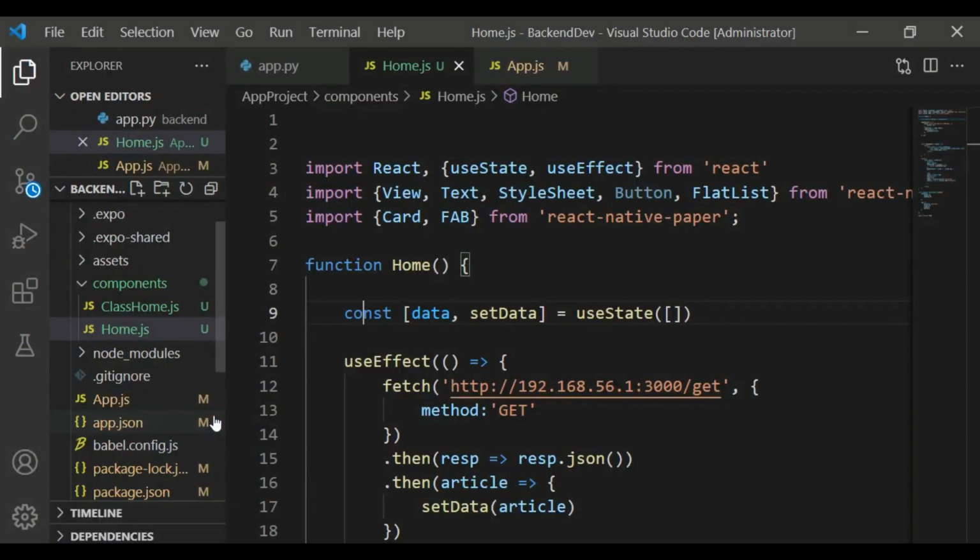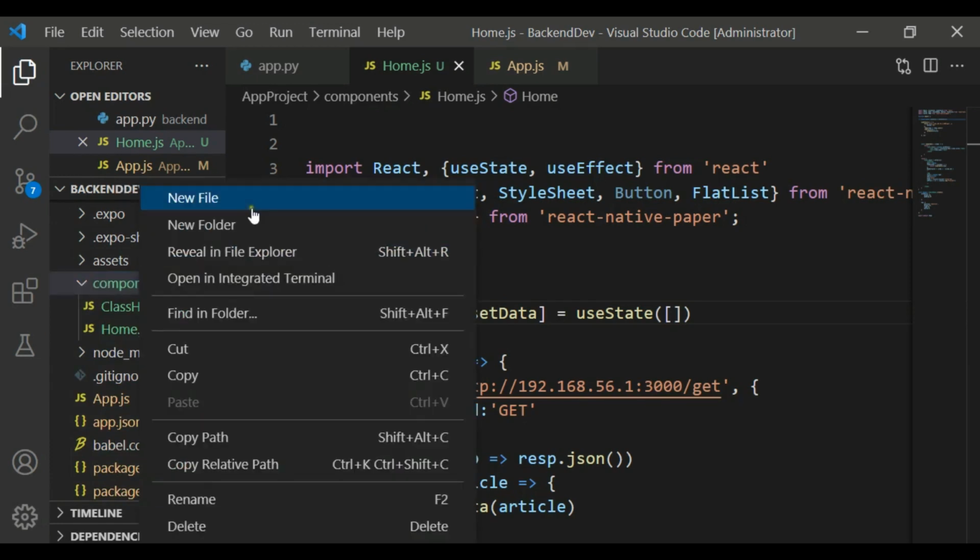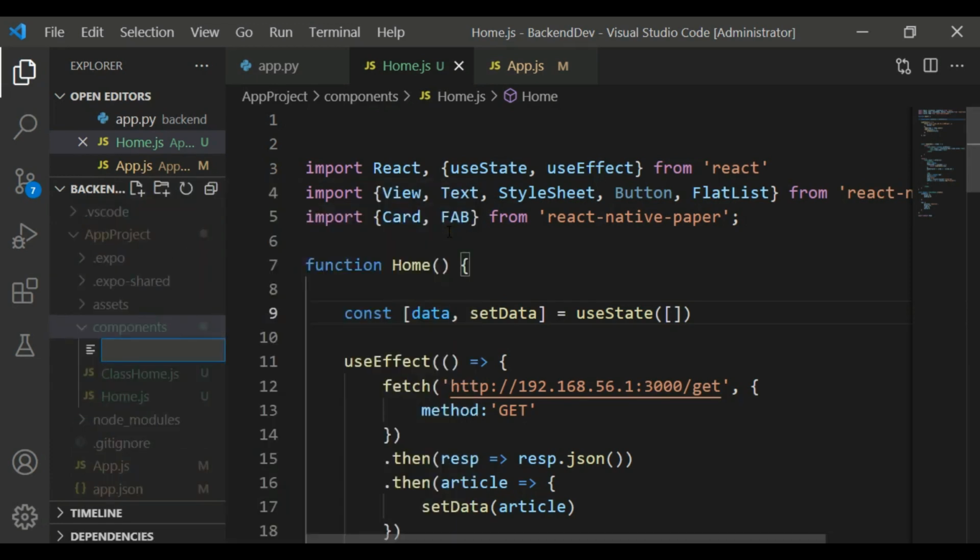Alright guys, now let's learn how we can insert the data. First, what we want to do is to create our form. We need two input fields, and also we need one button for inserting the data. So for that I'm going to create a new component in here, and I'm going to call it, for example,